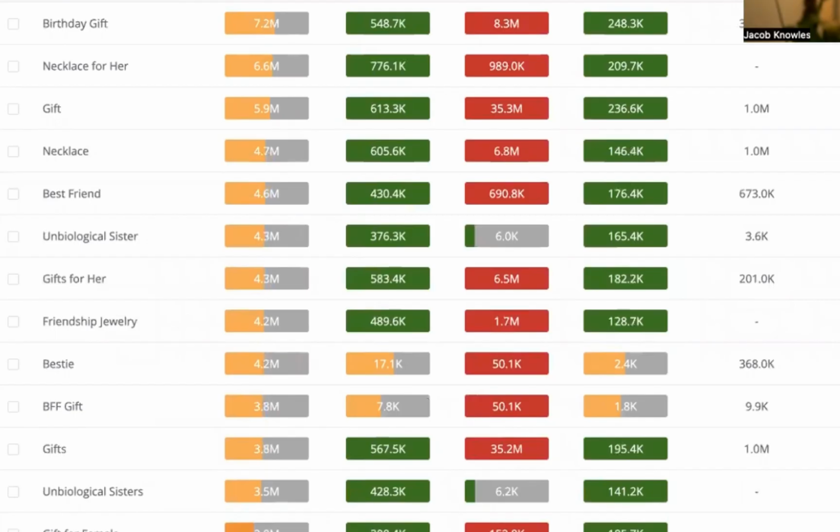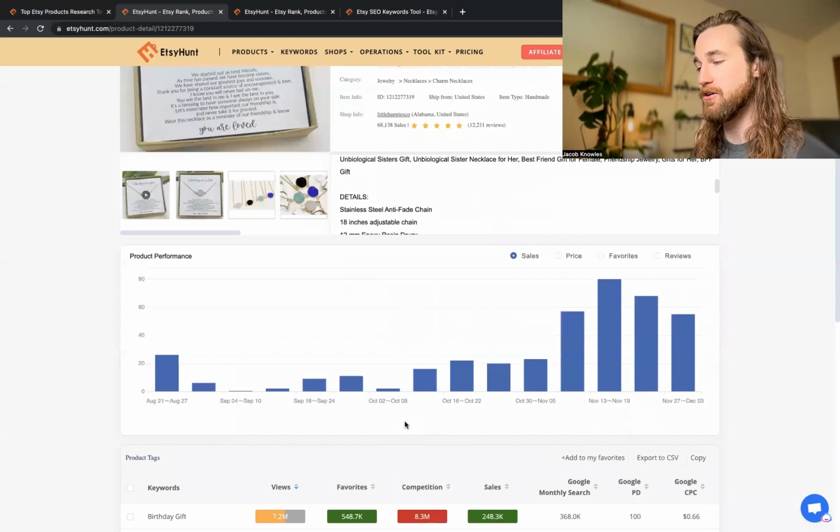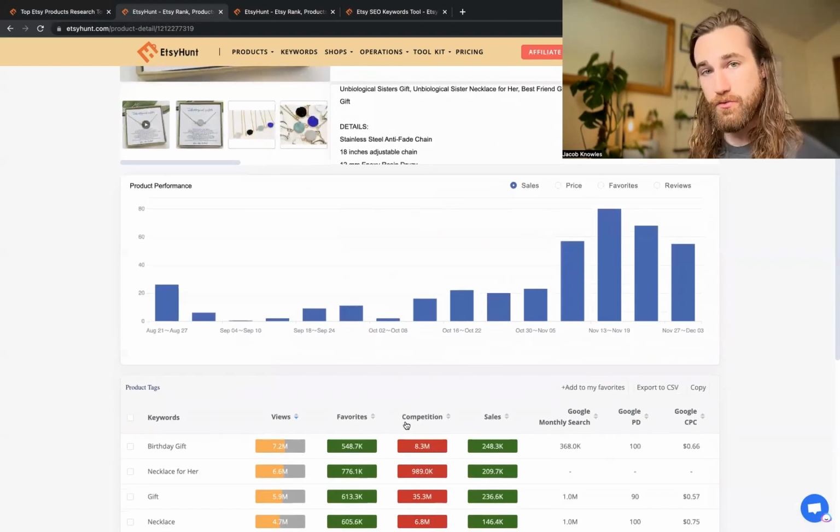And so they have mostly high competition tags like birthday gift, necklace for her, gift, necklace, but that's because this listing has a lot of sales already, so they can rank for these higher competition keywords. Most important things you need to look at are the sales recently, the reviews recently,